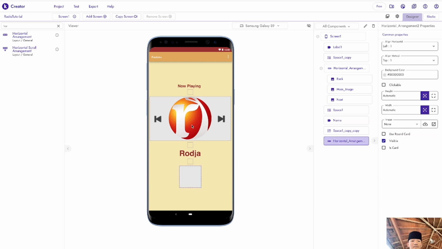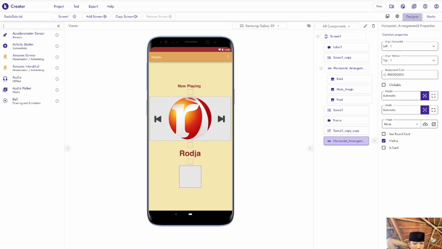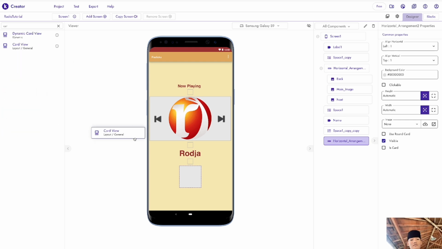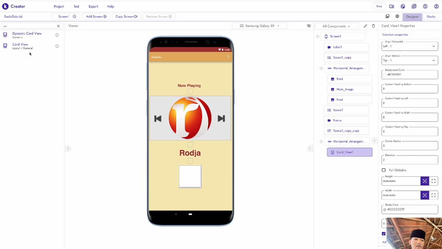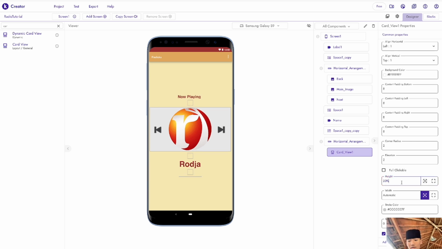We're going to put it here. And next, we're going to need some buttons. So first we need the card view. We're going to put the first card view here and edit it. So height of the card view will be 20%. Oh, 20% is too small. So 40%. Maybe that's all. So 40%, and weight will be 40% too.